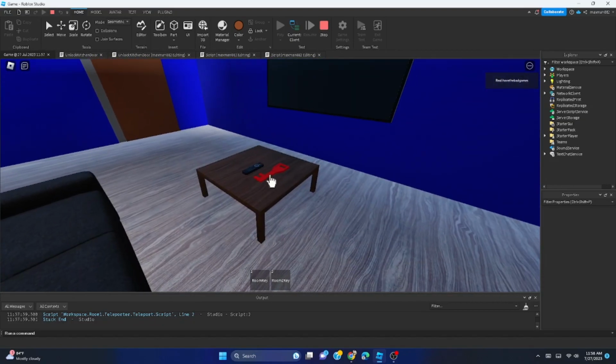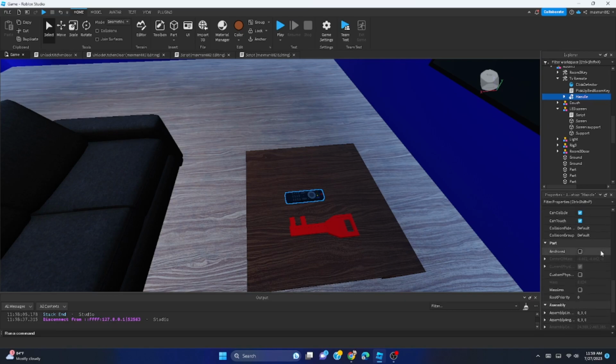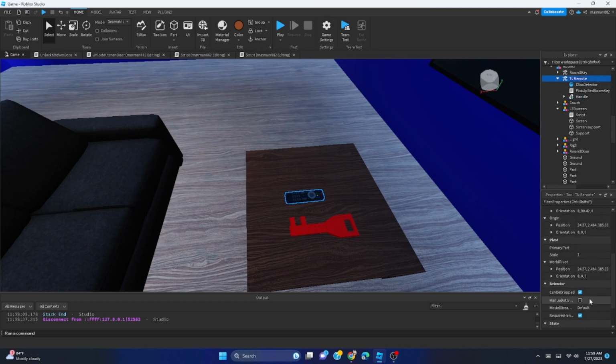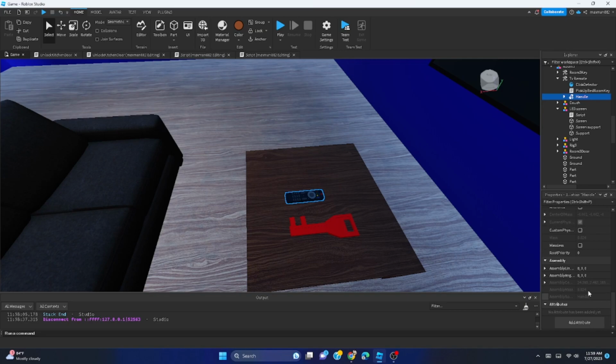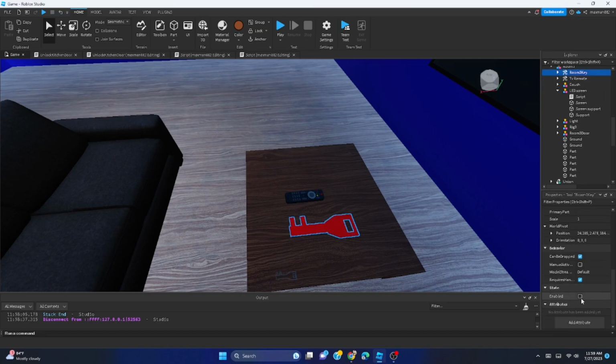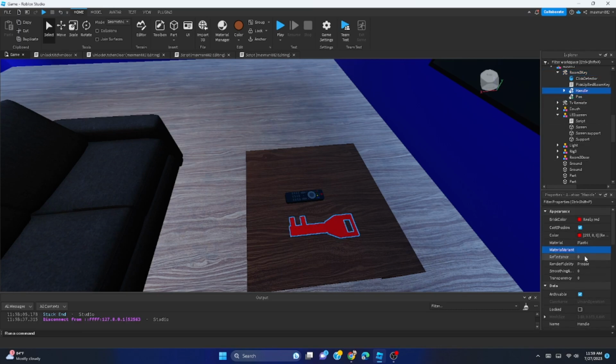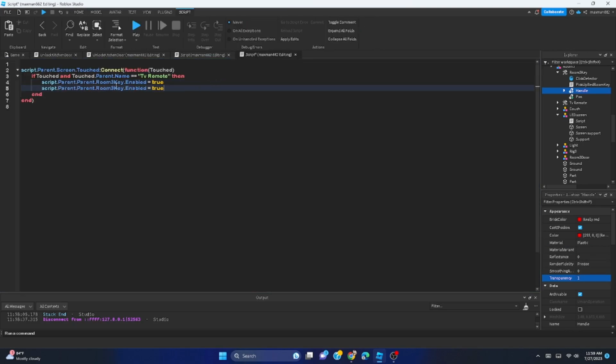I see that our key is still there. I thought that enabled would make it invisible. Then I go into the remote and turn the transparency up. I see that it's a remote, and then I go check the remote to see if it is disabled. See, it's enabled, and then I go check what happened to the actual handle, and then I go to the room key, see if it's disabled, check if the handle is transparent, and then I turn it up, and then I copy and paste the code, and then make it